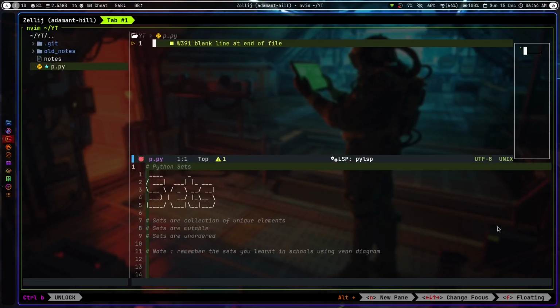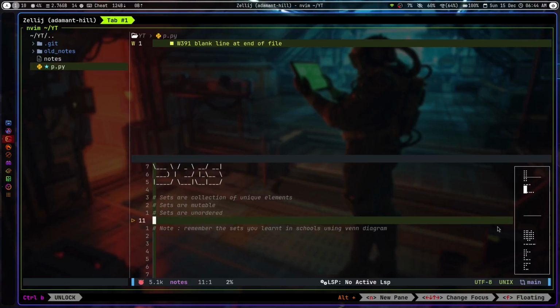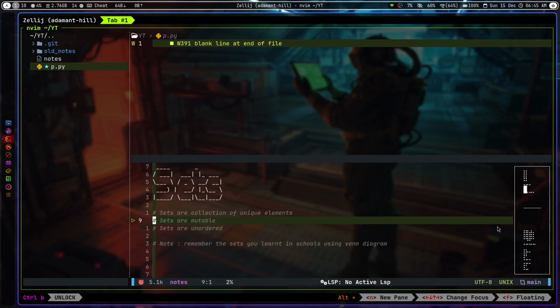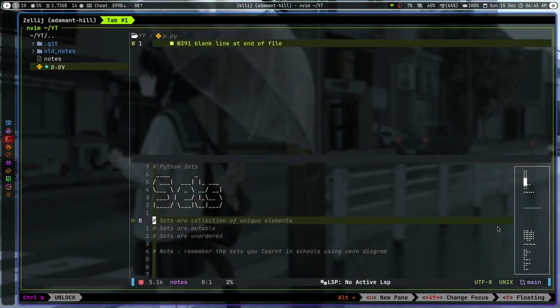So what are sets? Well, if you have properly studied mathematics in your high school, you will remember that there is a topic named sets, and in sets we used to solve problems using Venn diagrams and stuff. Here also these are the same sets, but now we are going to solve problems using Python code instead of doing it manually. Just like a dictionary, tuple or list, set is another data type which stores multiple values, and this